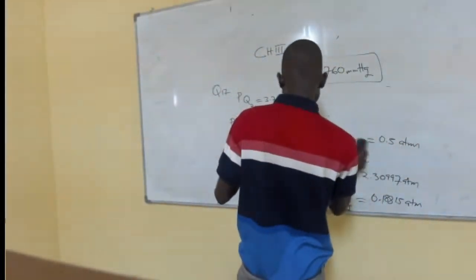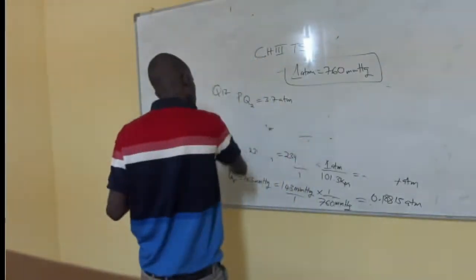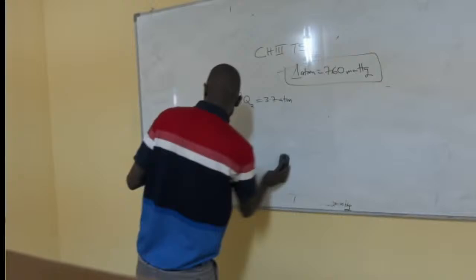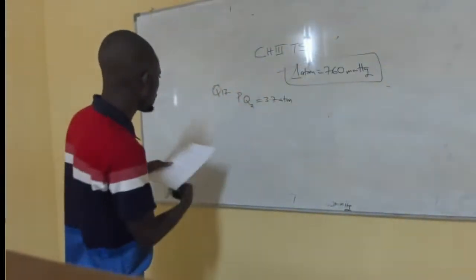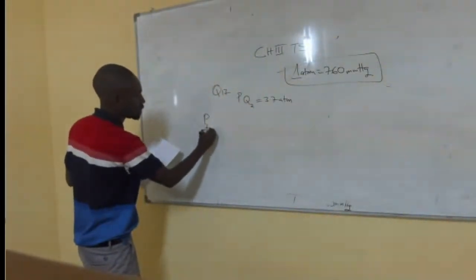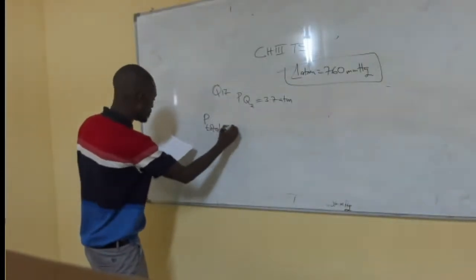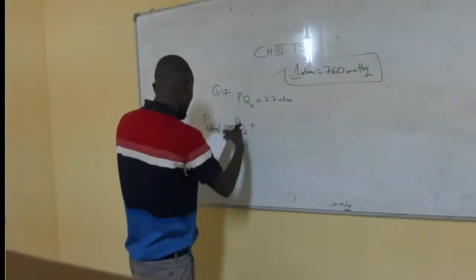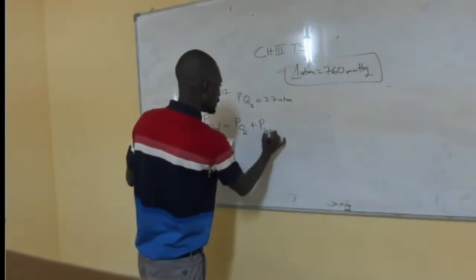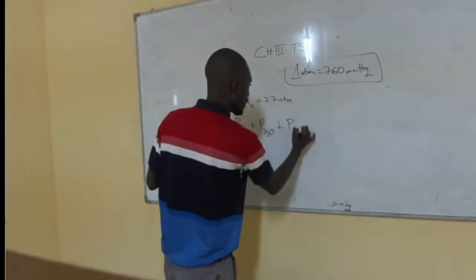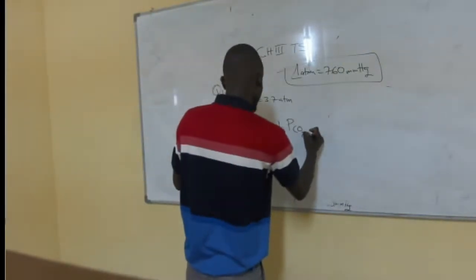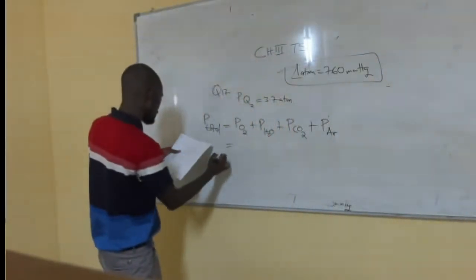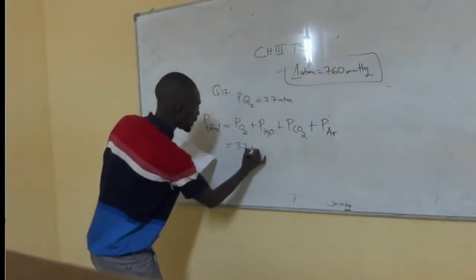So let's now add them. I'll try to add them so that you are able to see what is happening. So P total will be the partial pressure for oxygen, plus the partial pressure of water, plus the partial pressure for carbon dioxide, plus the partial pressure for argon. So our calculation was 3.7 atmosphere